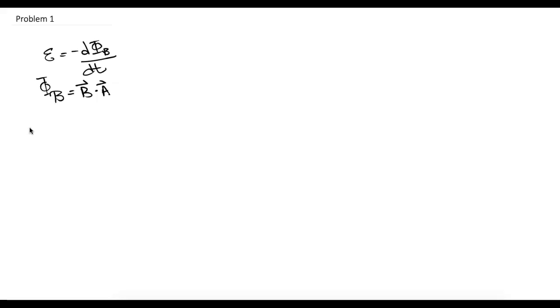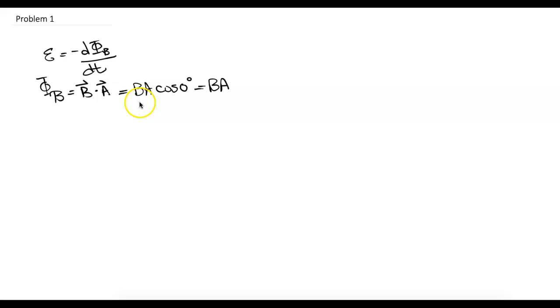Since the area element A is perpendicular to the plane of the loop, B and A are going to be in the same direction, and so this is BA cosine of 0 degrees, or just BA,